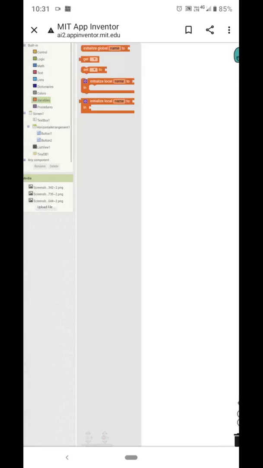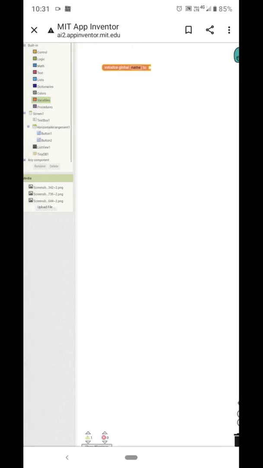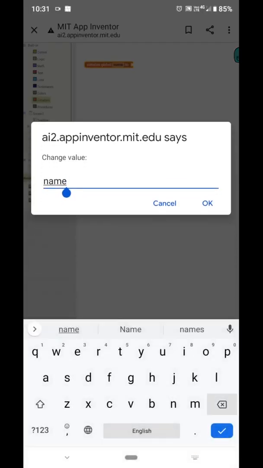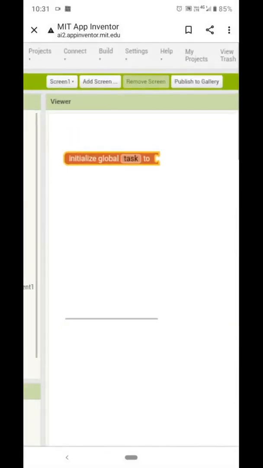Click on variable. Initialize a global variable. In place of name you type tasks, which means all tasks will be saved in this variable.